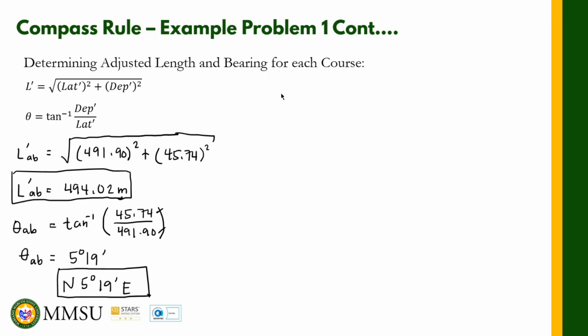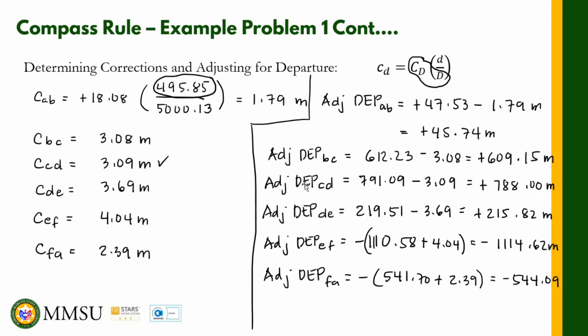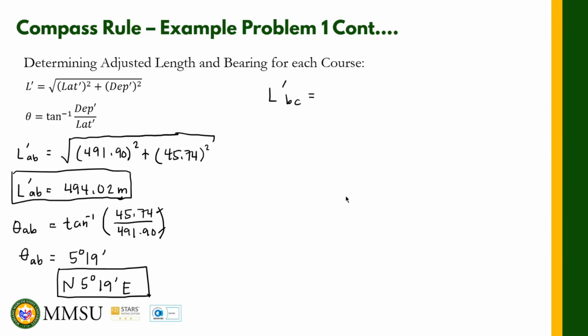Now, we go to BC. The adjusted length of BC is equal to the square root of 587.67 squared plus dito sa BC naman dito 609.15 squared. Okay, using the same formula, ang masosolve natin dito should be equal to 846.42 meters. Okay, and then the theta,